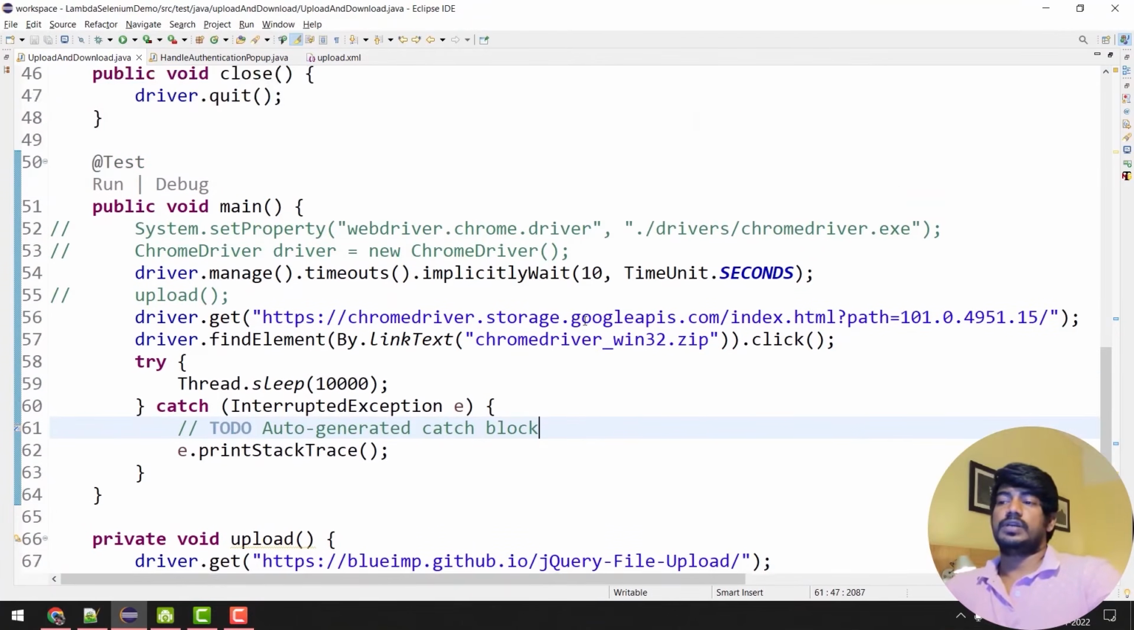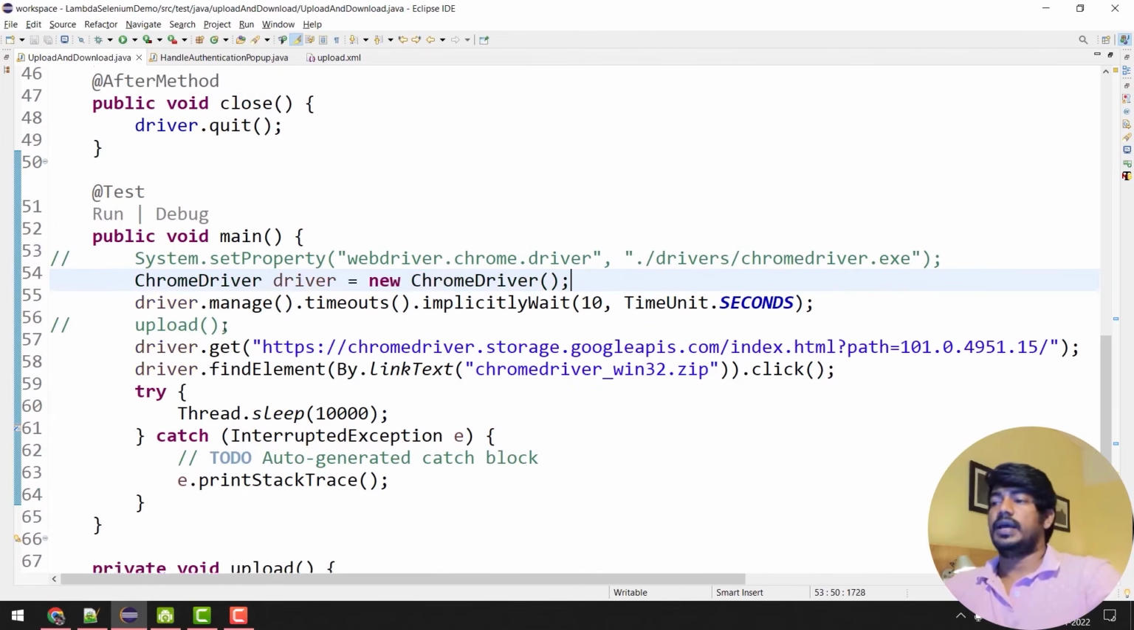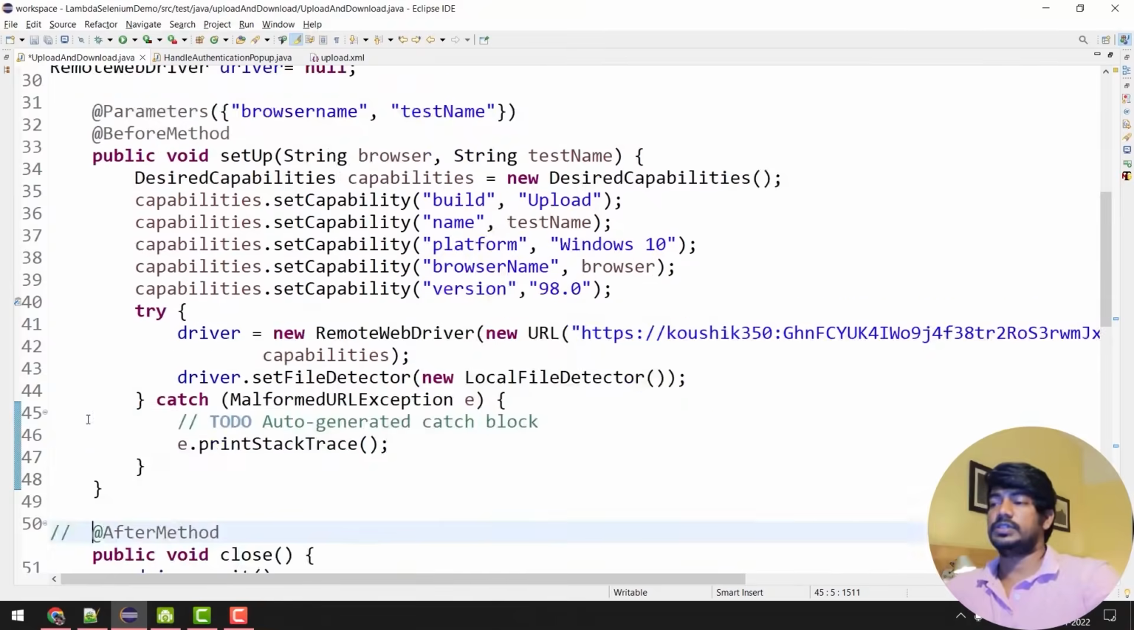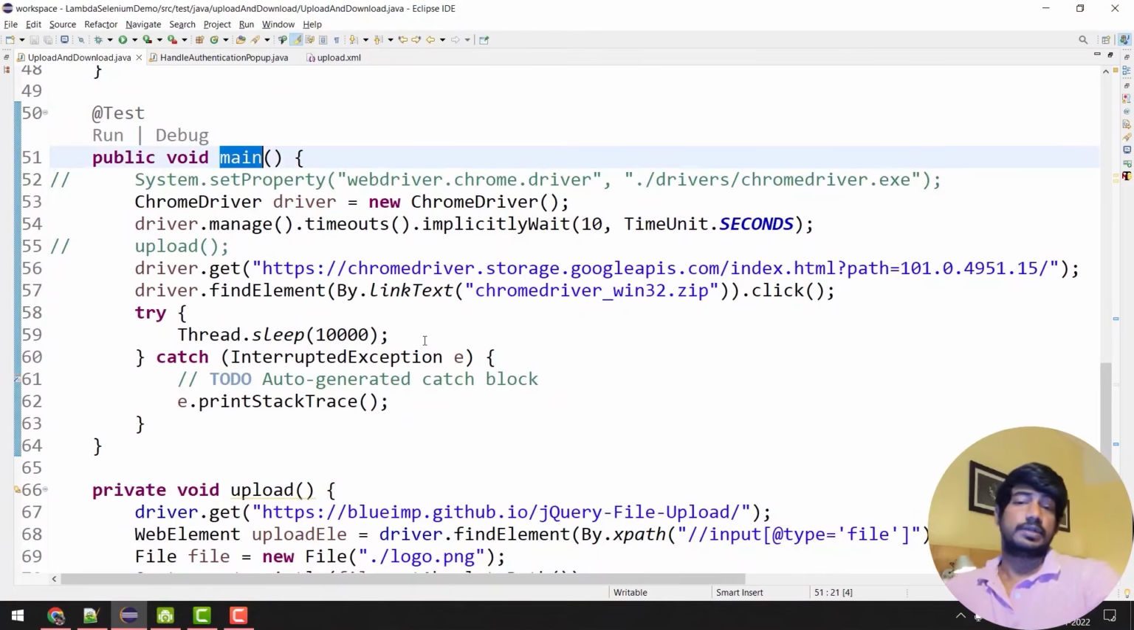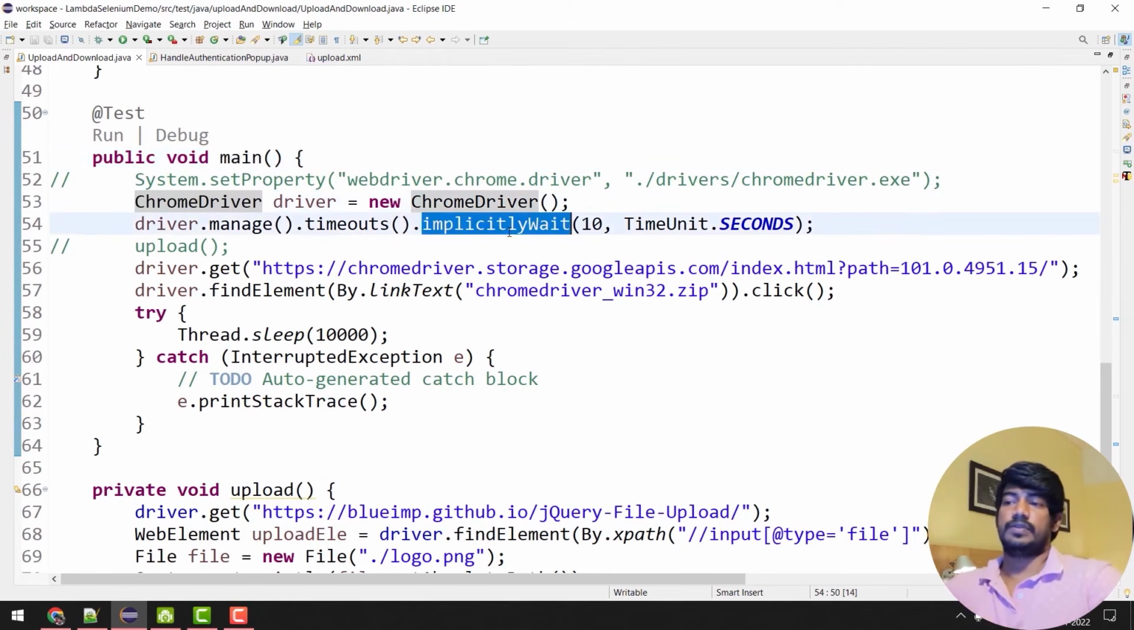Now I'm going to execute this in the local browser first, just to show you, and I'm going to comment out this after method as well as this before method. That means we are going to execute only this main method, the TestNG method. Don't get confused with the name. This is just a name. When we have public static void main(String[] args), then that's your actual main method. This is just a method. Here we have the driver and we have implicit wait. We are going to that particular site, we'll click on that, it will download the file, and that's it. I'm going to run as TestNG test now,